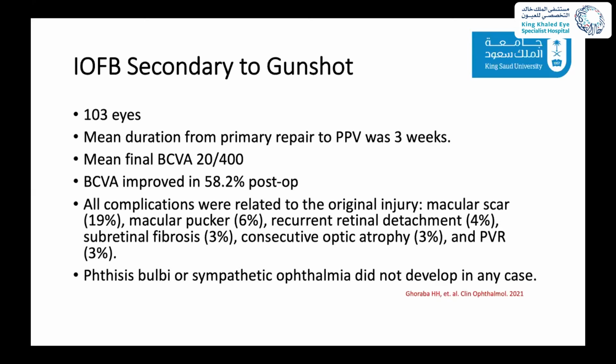Despite that, they had a slightly good outcome, with a mean final visual acuity of 20/400, and the visual acuity improving in around 60% of the patients postoperatively. In their study, all complications were related to the original injury, like macular scarring, puckering, recurrent retinal